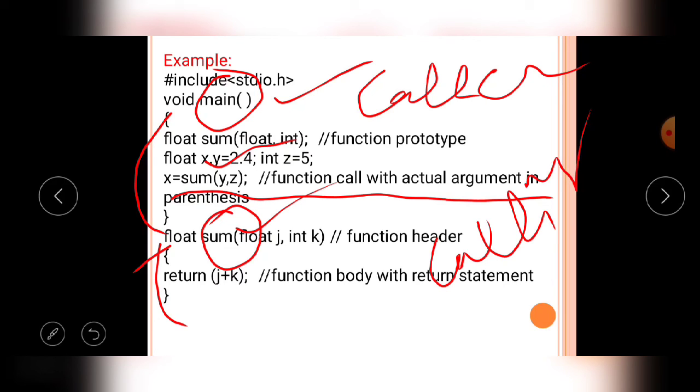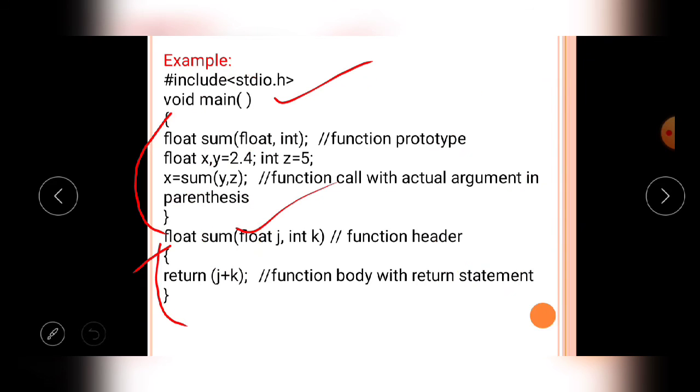Simply, the main function calls the sum function, so the main function is the caller function, and the sum function is called by the main function, so it is the calling function. Like that, in a C program the caller function concept and the calling function concept are both there.